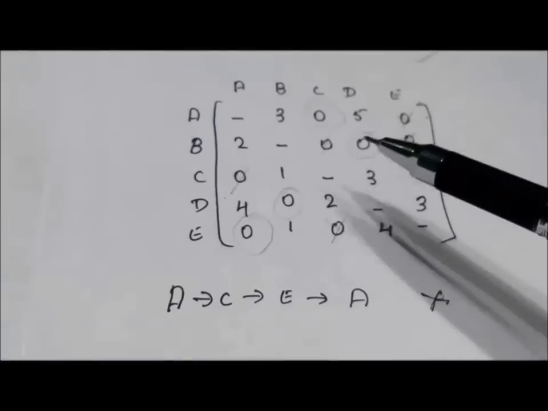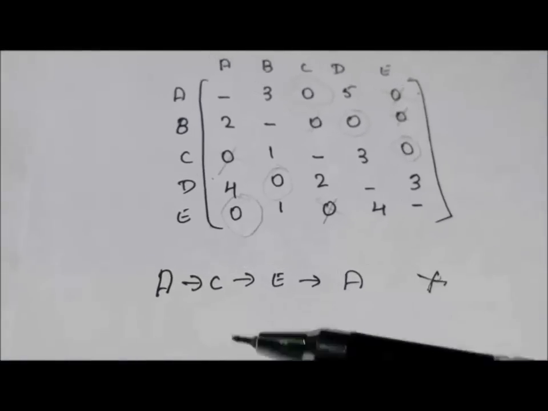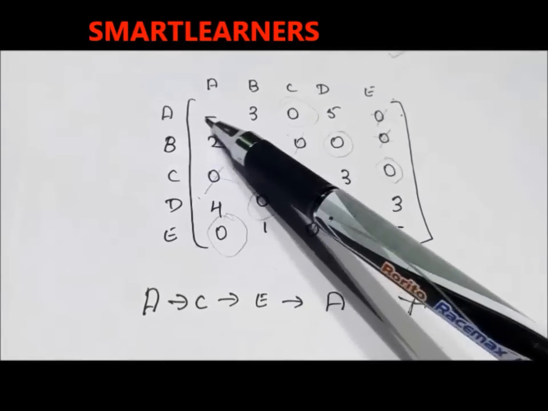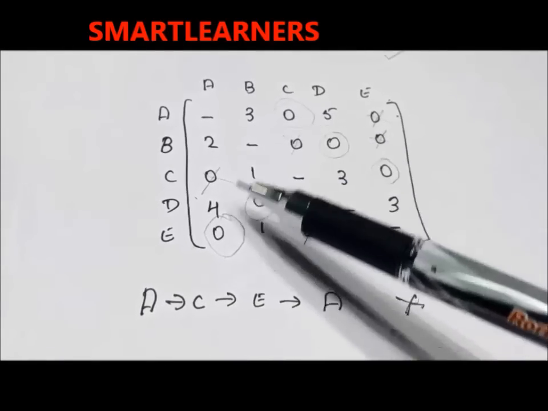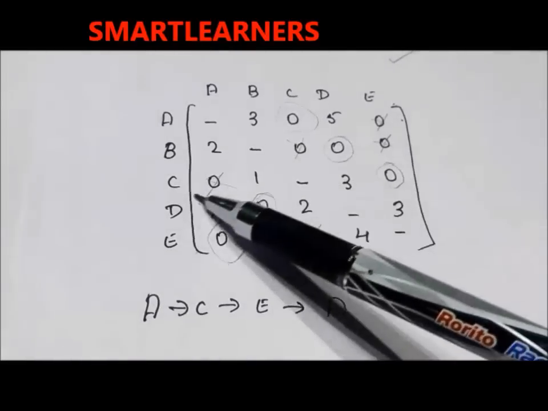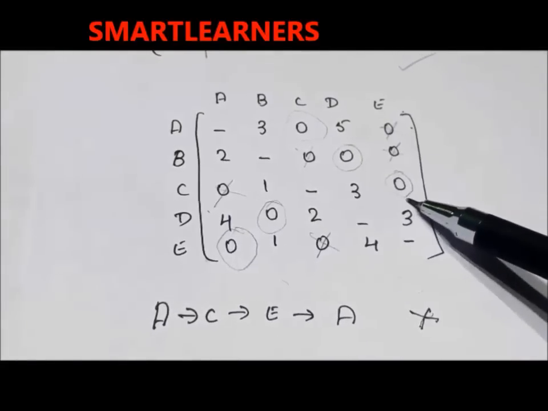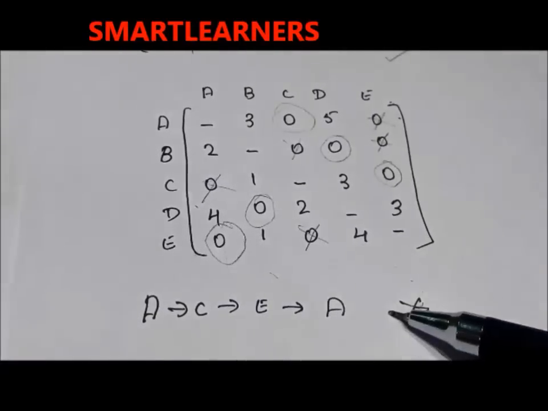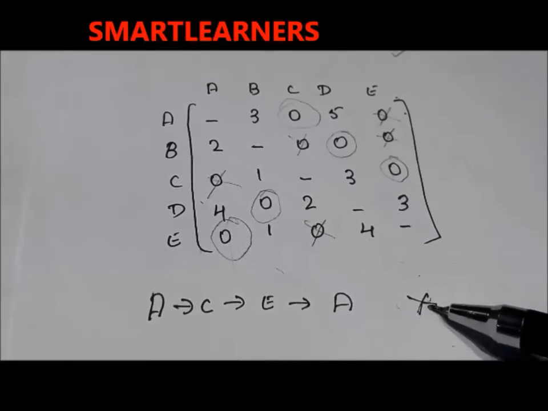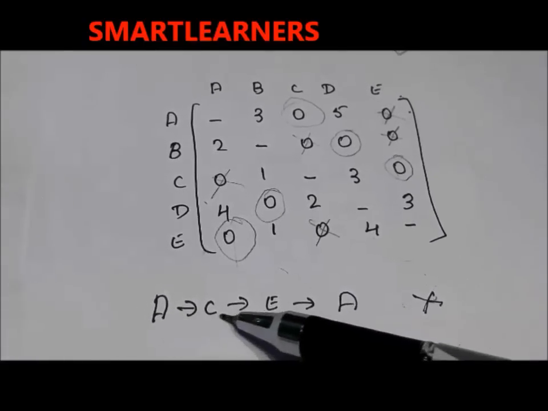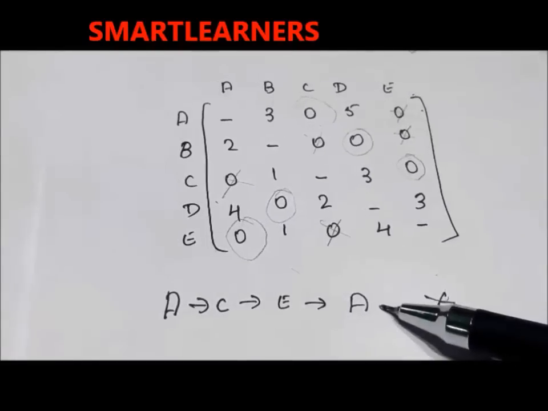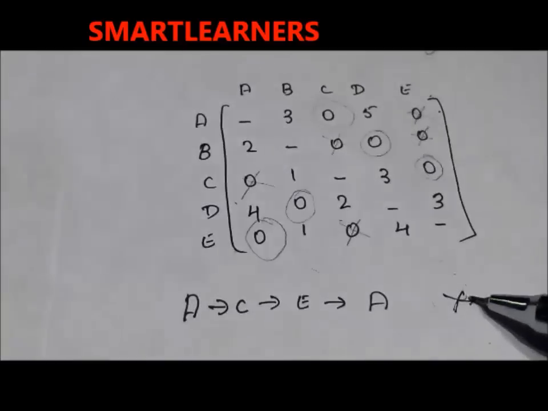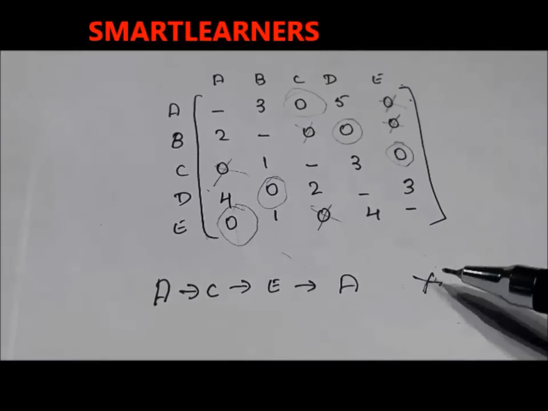For the given allocation that we have obtained, let's see how it is tending. Starting from the A row, A is tending to C. I am going to C. Now come back to C row. C is tending to E. So we'll write it as E. Coming to E row, E is tending to A. But this condition is wrong. Why? The person is traveling from A to C, C to E, and he is coming back to A. He hasn't visited B and D yet. So this particular allocation is said to be wrong as per the condition given.